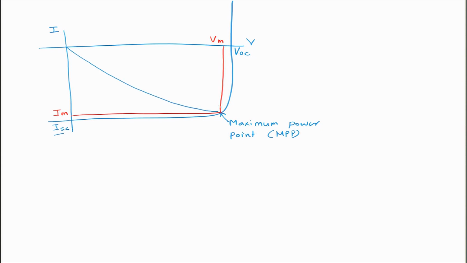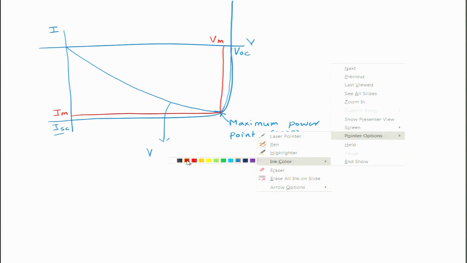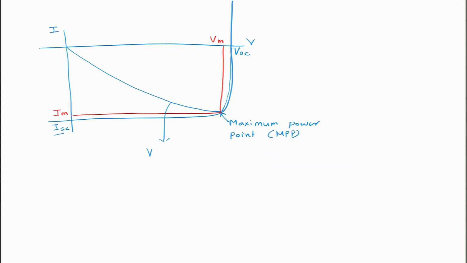And if you now plot the power, it will reach a maximum at this point before it decreases again. So, this would be the variation, I can use a different color perhaps, maybe the green one. This power will show a maxima at this point before it decreases. So, this would be the variation of power density of the solar cell, which will achieve a maximum at the MPP point.